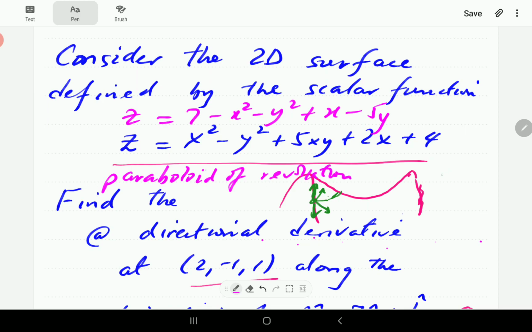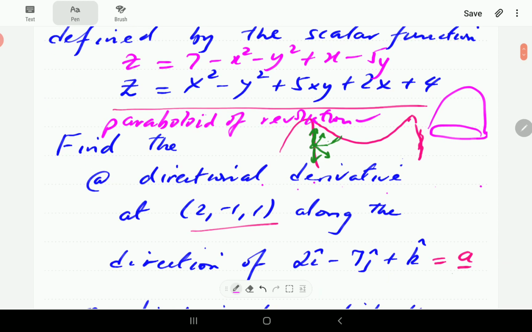In terms of its shape, it's going to be shaped something like that. Basically, if you take a parabola and rotate it about its axis, then you get a paraboloid of revolution. You are going to be finding the directional derivative at 1, minus 1, 1,